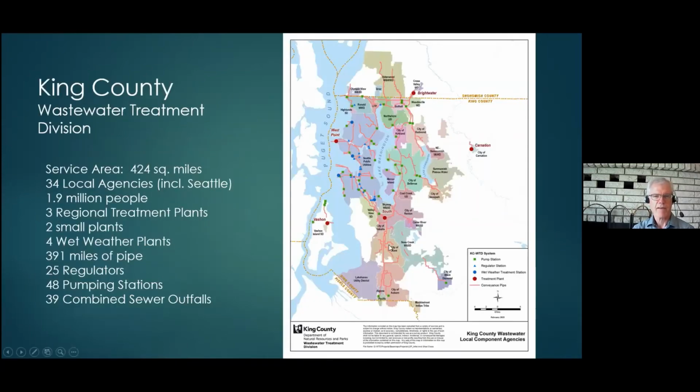First of all, a little background about King County's wastewater treatment division. We serve 1.9 million people. The colored shaded areas on the map are the 34 component agencies that we serve. We do the wholesale conveyance and treatment for these component agencies that have their local systems. The red lines on the map show our conveyance facilities. We have 48 pumping stations, 25 regulator stations, 3 regional secondary treatment plants, 4 stormwater plants, and 39